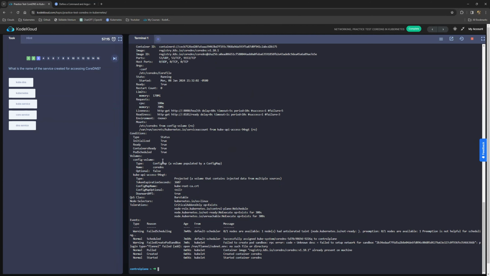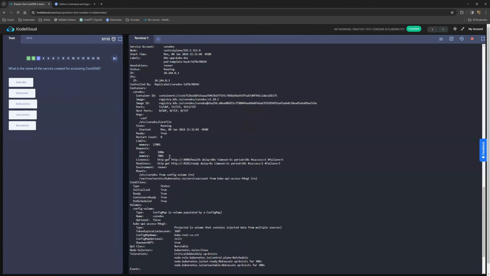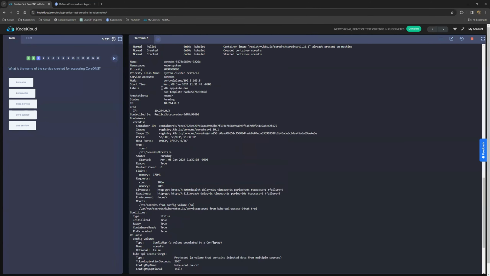And we ended up describing both of the CoreDNS pods. And we are looking at the labels. And we have a key k8s-app equals kube-dns. And that's the one that's